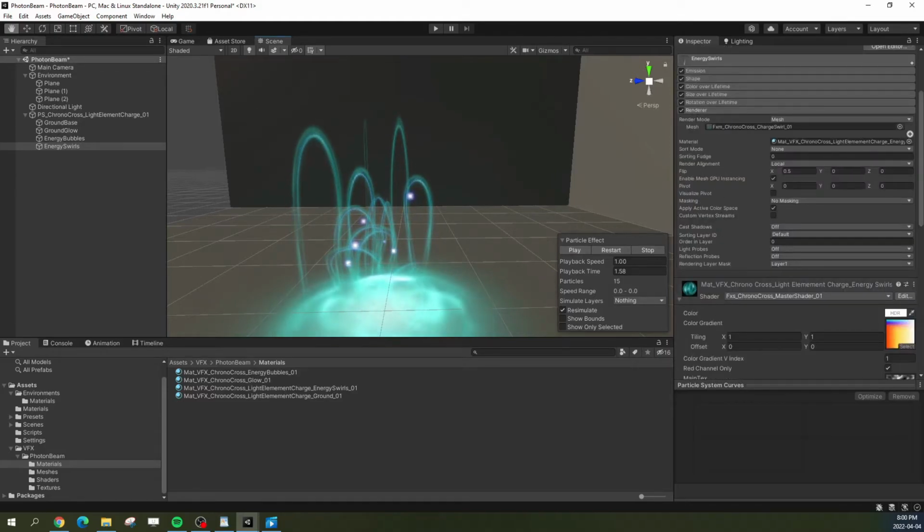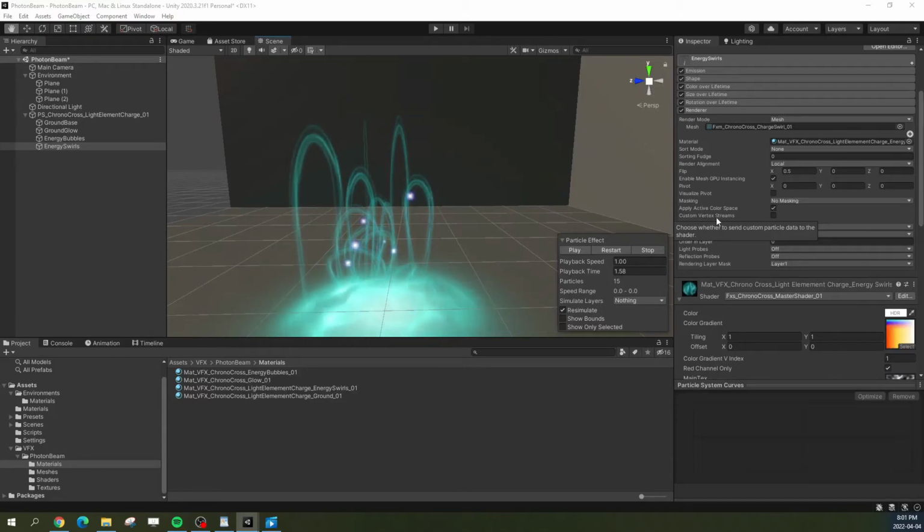Now it's time to do a bit of complicated stuff. Maybe you won't understand what I'm doing, which is fine. You'll get what it is over time. But I'm gonna explain it as best as I can. We're gonna be using vertex streams, custom vertex streams. What those things are is